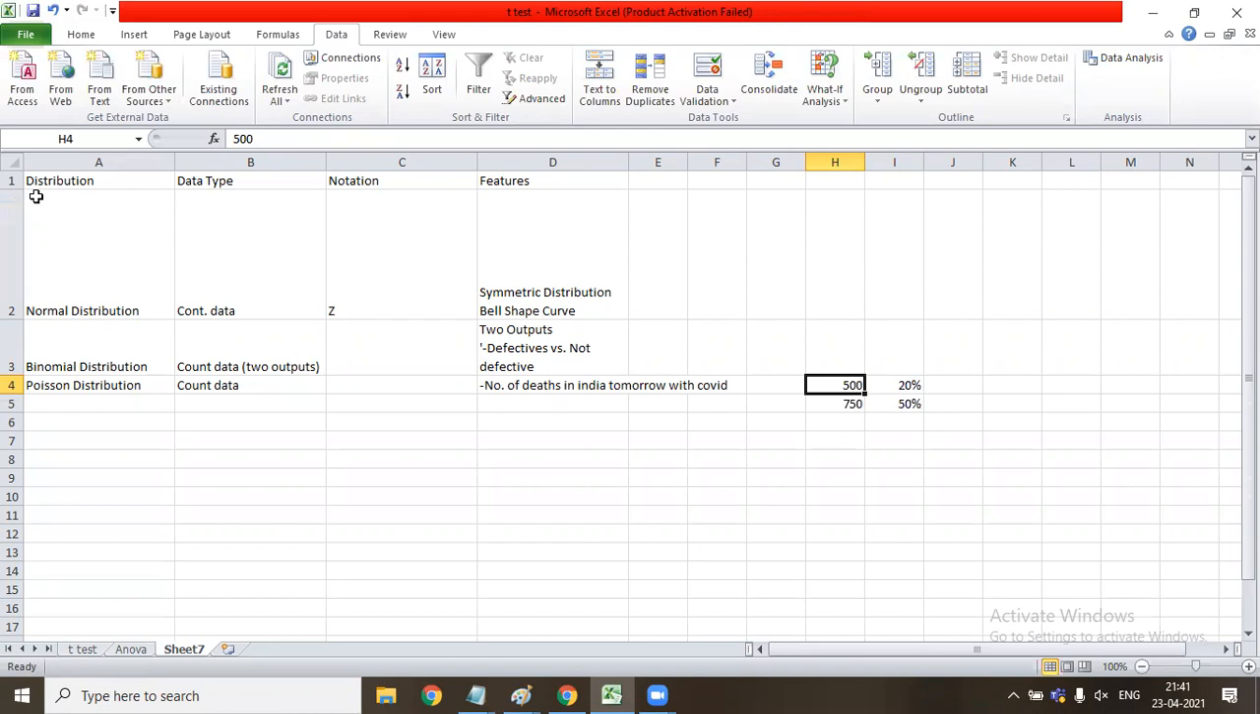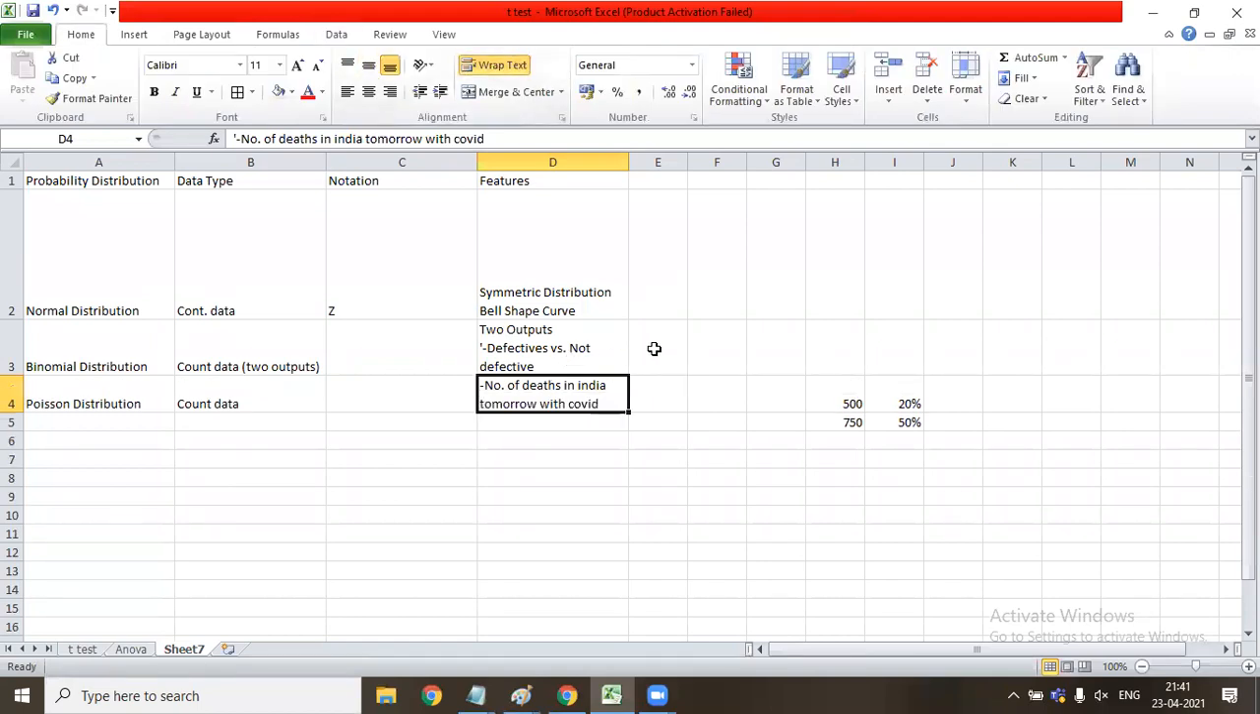Let me rename it. This will tell us the percentage of defects, with a probability of 80% defective versus not defective, an 80-20 kind of thing. But it will give you the probability. Since it's a continuous distribution, it will tell you what is the chance that